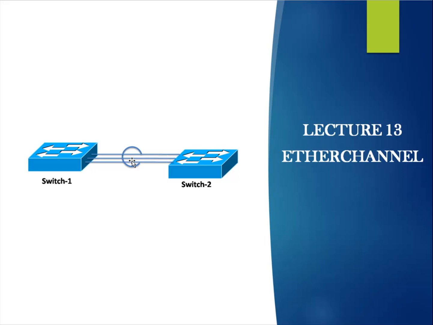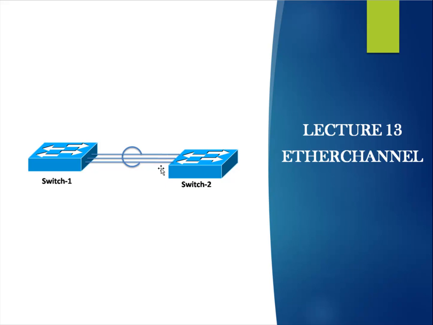Now you can see it is a controversy. In the previous lecture on redundancy, we cannot do this. We cannot have 3 links, 4 links. If we have redundancy, the spanning tree protocol will block it and allow only one link to be available. But here, I need 3 links between these 2 switches. All three links I want to combine together logically, to increase the bandwidth between switch 1 and switch 2. So this is the Ether channel concept.